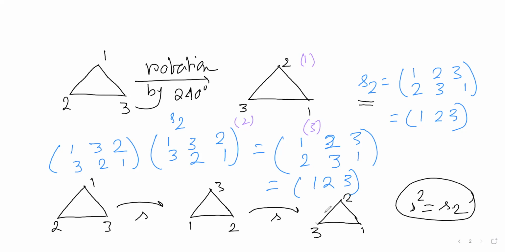And if I do it 3 times, then I will get the identity transformation, that is, no change happens to the triangle, right? Okay, now this is clear, right? Now if I collect all these rotations, symmetries of an equilateral triangle, and name it C3, that is the identity transformation, then S, then S square, right?